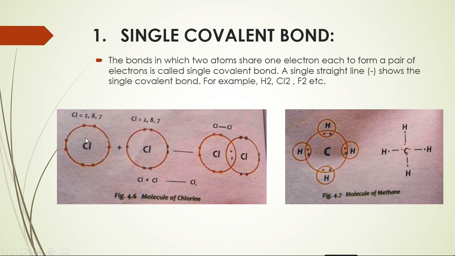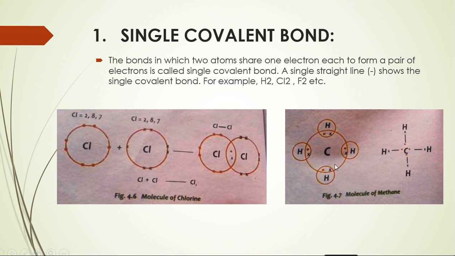This is chlorine and another chlorine atom. So two chlorine atoms are here with 17 atomic number. So 7 electrons in their outer shell and both of them need one electron. So by sharing one electron with each other, a single pair will form, which results in a single straight line. So by sharing one electron by each atom, a single covalent bond will form between the chlorine atoms to form a chlorine molecule. So this is a single pair and it will result in a single straight line.